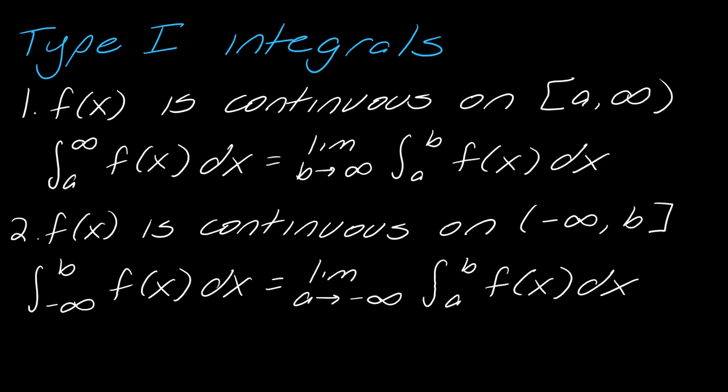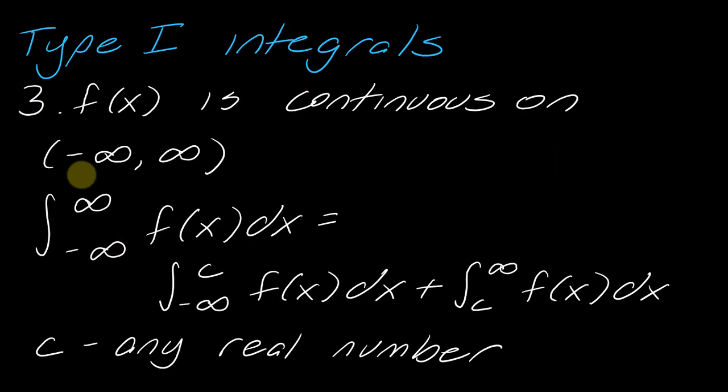And then, of course, the question is, what do I do if I have infinity here and here, so for both of my limits of integration? In this case, we're going to split the integral up. You can split it by choosing some number c. It totally doesn't matter how you split this up. C can be any number, so you can just choose whatever number you think would be convenient to evaluate with